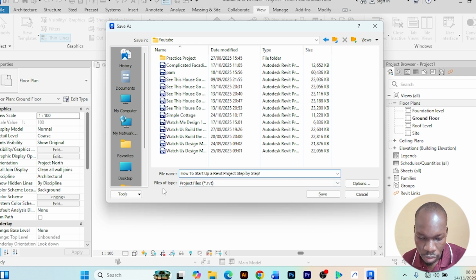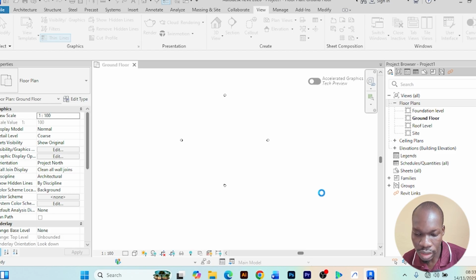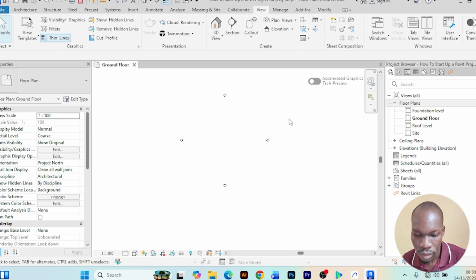So when you have finished labeling it, you see here the files of type. This one is supposed to be, the extension is supposed to be .rvt. So that is going to be a Revit project file format. So when these are all done, you just simply click save. Then you wait for the project to save. And when you see on top here, it will show for you that your project is now called this. So that is how you can save